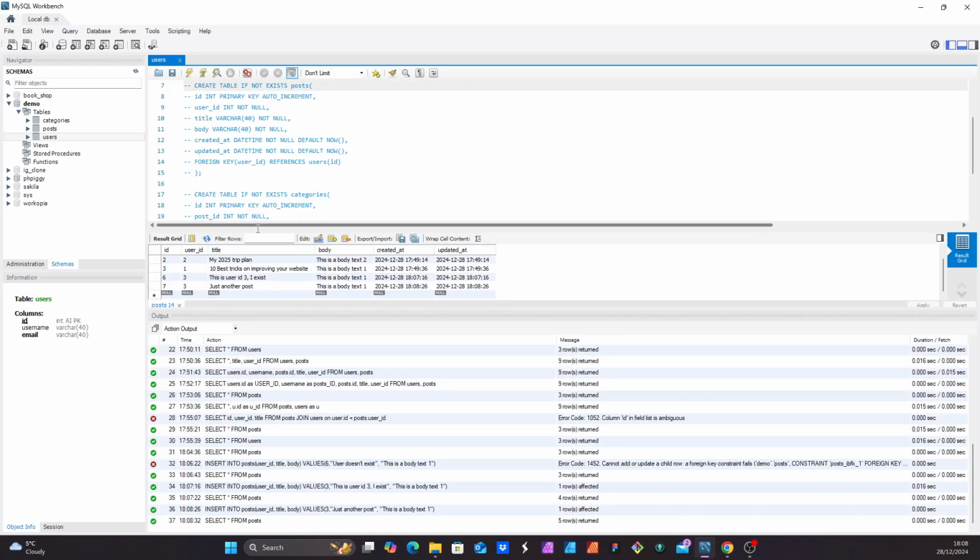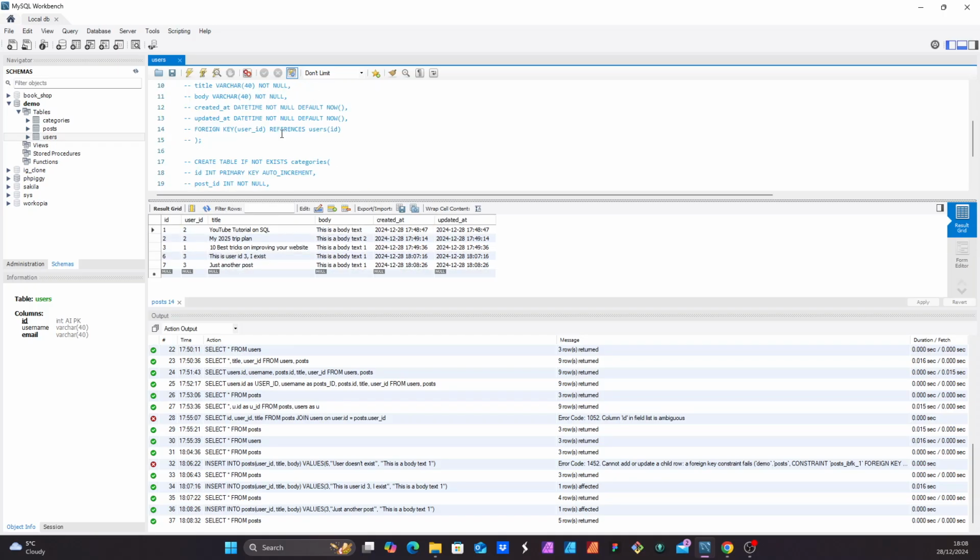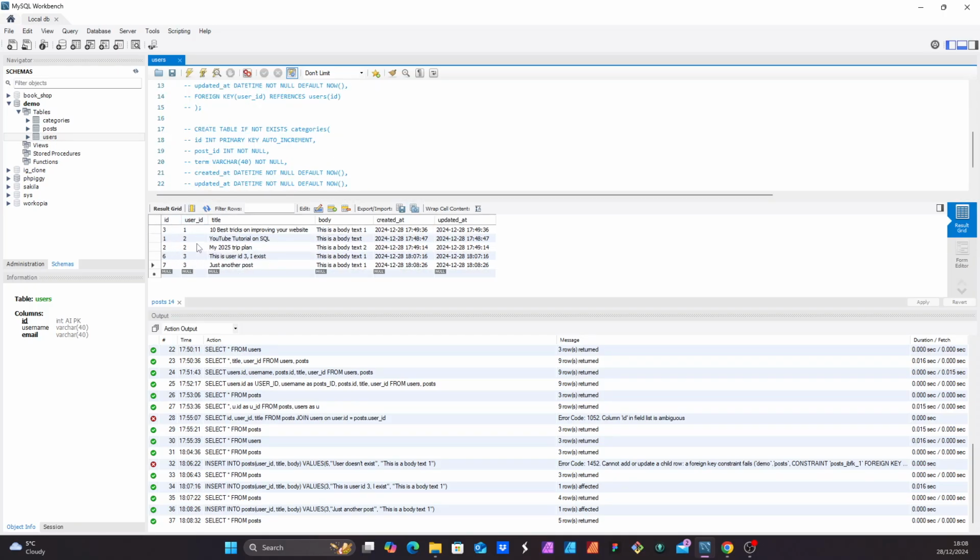So now we can see the post ID is 7 and the user ID is still 3, because the user that inserted this post was a user that existed in the user table, which means the constraint is a checking condition on whether the user exists in the table of users. If it does, it allows you to post in, which is pretty good. I think it depends on what you're building. Now, if we're gonna update something,